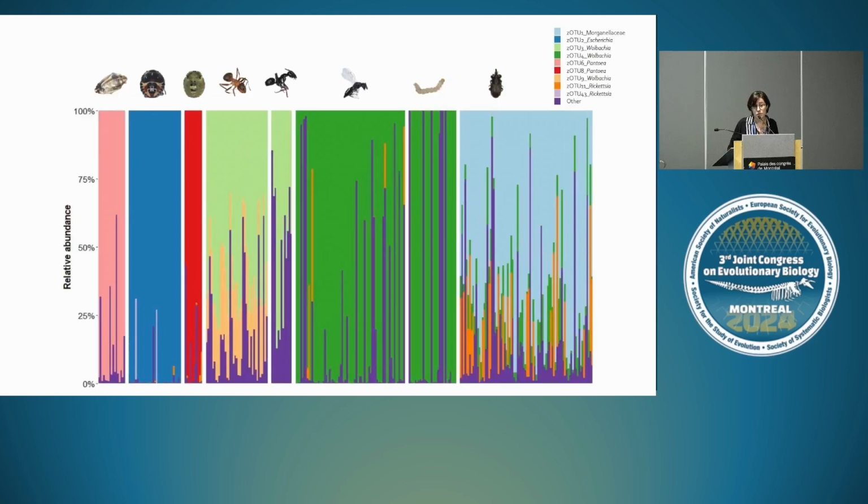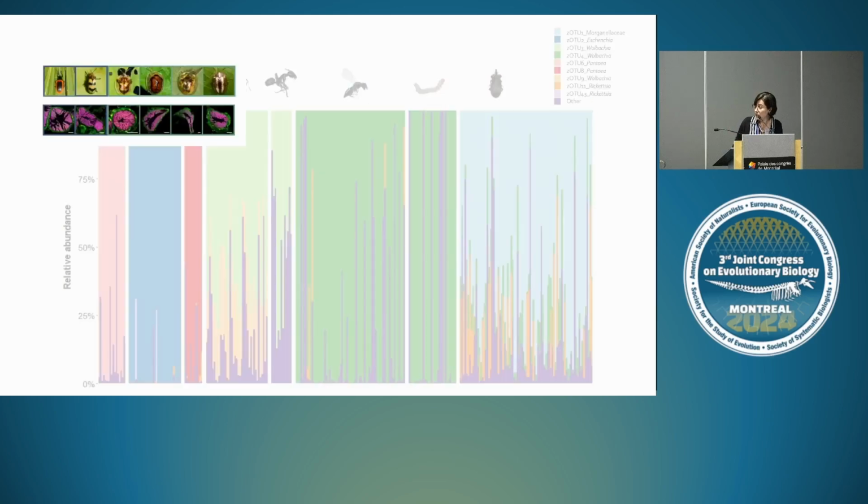And this can also be observed if we look at the within variation of those insects. So here we have a relative abundance plot. Each tiny bar plot here is one species, and the color code represents 1 bacterial strain. So here we use a ZOTU level, which is the same as ASV. And we observe there is actually 1 or 2 most common, very predominant bacteria in each of those species. This is interesting because it shows us that those insects have a very long coevolution with some bacteria, such as the case of those capsid inhibitors and Spiroplasma bacteria.